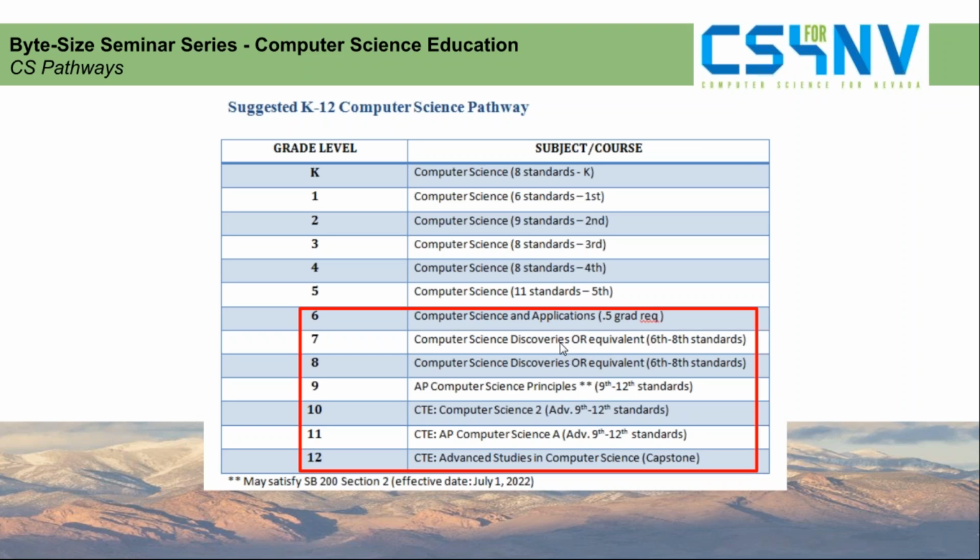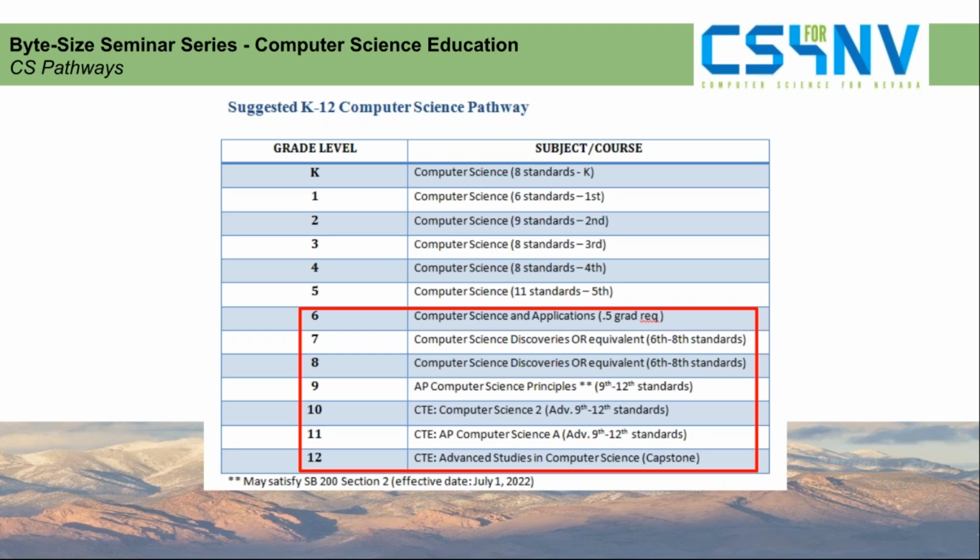One thing I'd like to say is we have our computer science standards for our grade bands 6 through 8. And I will tell you that with the computer science and applications half-credit course being 50%, so we're talking 9 weeks, there's no way to cover all of those 6th through 8th grade, for example, and actually high school standards in that 9-week course.